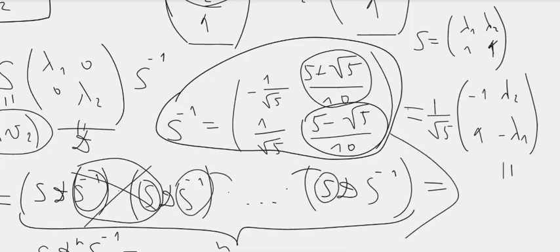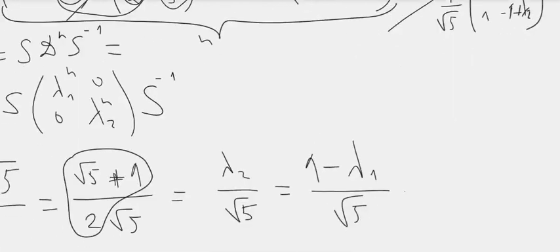So we would need another form, 1 over square root of 5, minus 1, 1, 1 minus lambda 1, minus 1 plus lambda 2. Okay, so now we